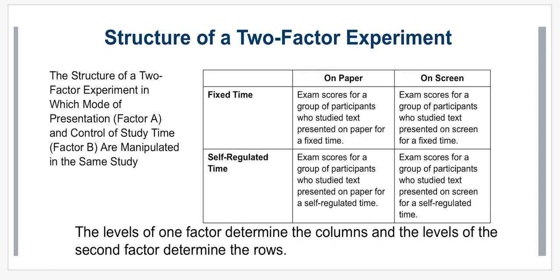Now, the advantage here for factorial designs is that they are more realistic, especially with variables influencing and interacting with each other, right? Again, because that is how it happens in real life more often. They don't exist in a vacuum. The variables are likely to influence each other. Using this example here, there could be an effect of paper or screen on studying. There could be an effect of fixed time or self-regulated time on studying